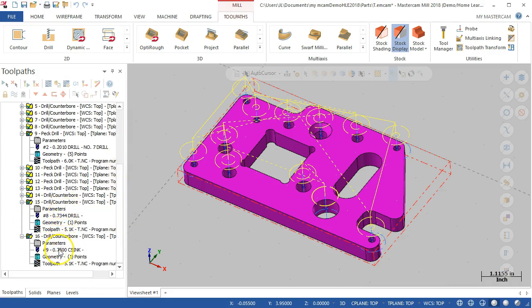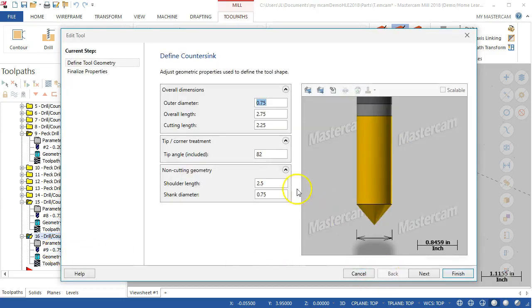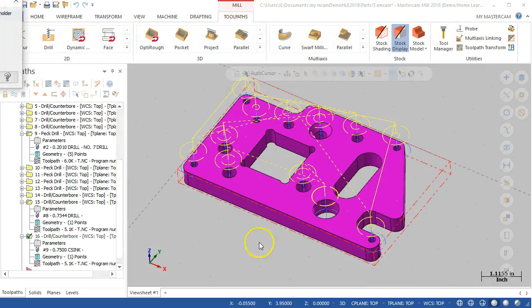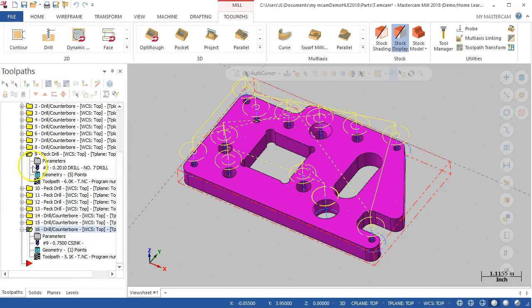Well, and except for the countersink, don't think I changed anything there. So really it went right to the drill operation, and so we'll need to